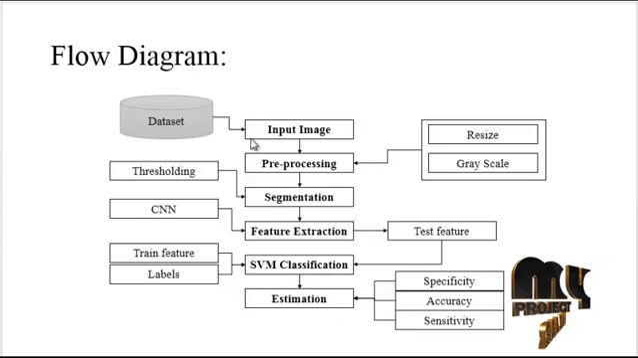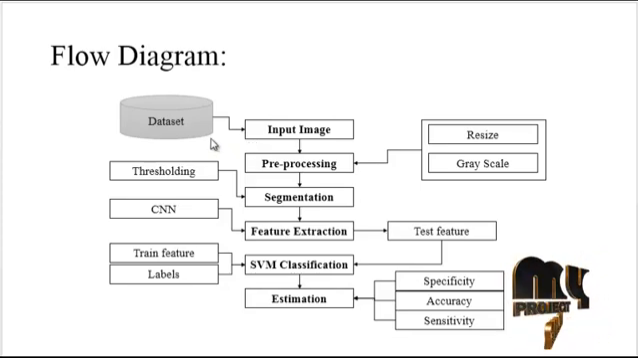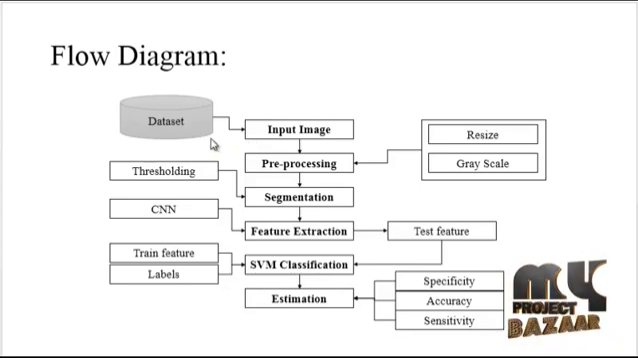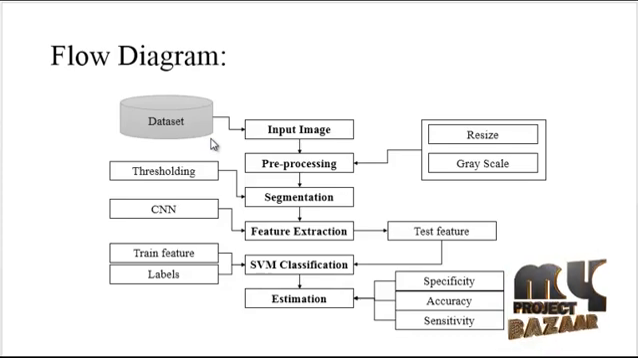First stage is the input image. In the input image stage, we take the input image from the dataset. The dataset consists of all kinds of brain tumors. It has tumor as well as non-tumorous images. After getting any one image from the dataset, we move on to the next stage of the project,